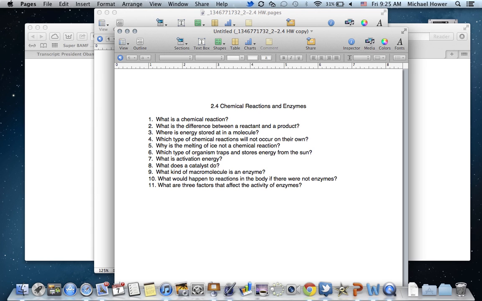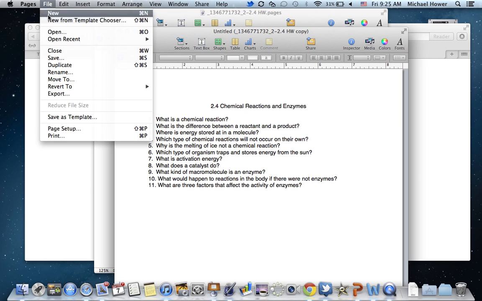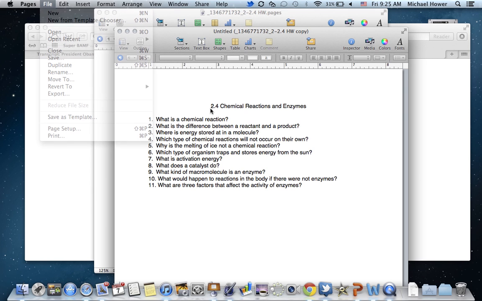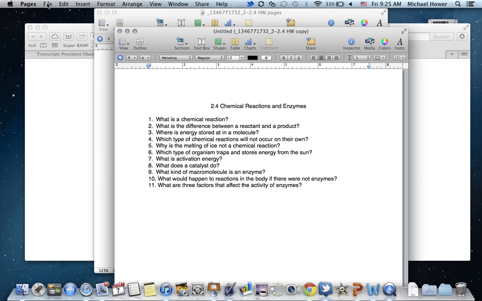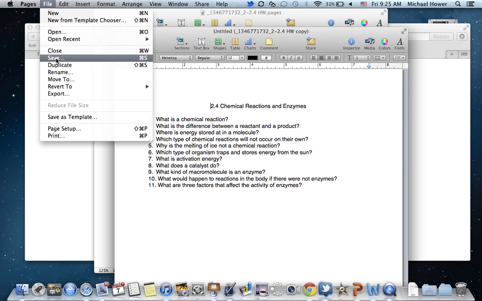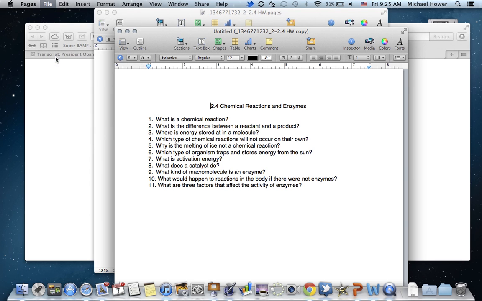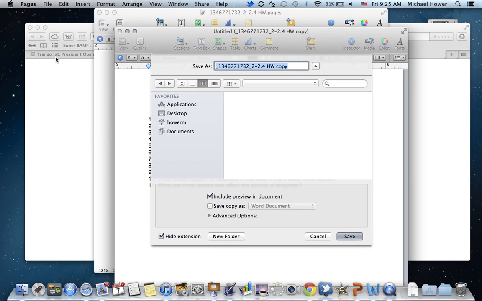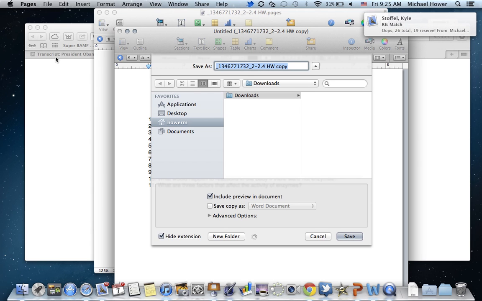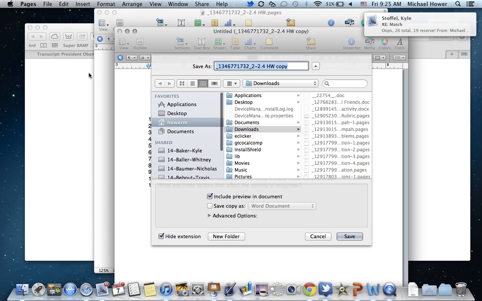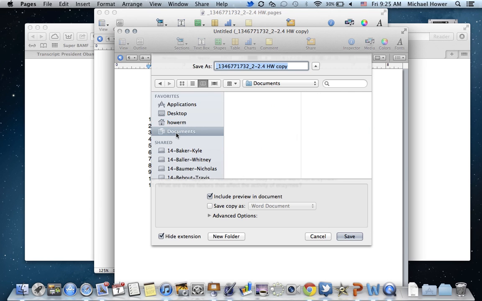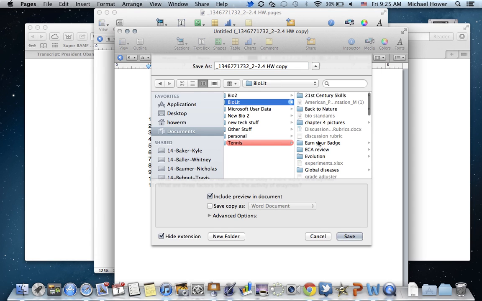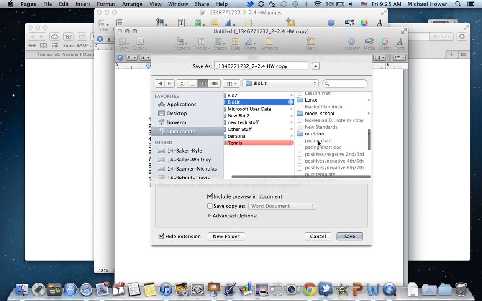This is the one we want, and now we can go up here, and you can see now, since I'm clicked on this window down here and not on the one behind it, I can click here and I can hit Save. And when I hit Save, that's going to allow me to pick my location to where I want to save it. So what we want is we want to go over here to the place where you're going to save it. For me, that's my documents, BioLit, and then I'm going to put it even in the correct